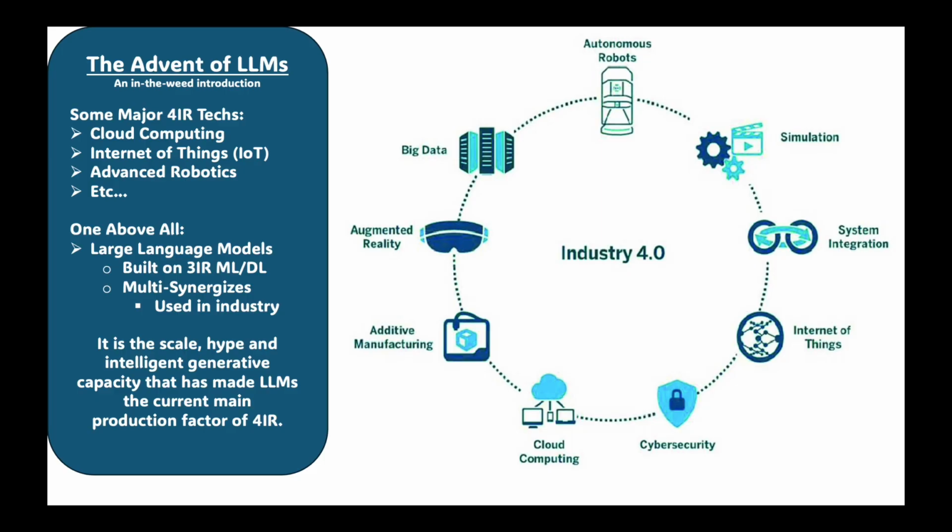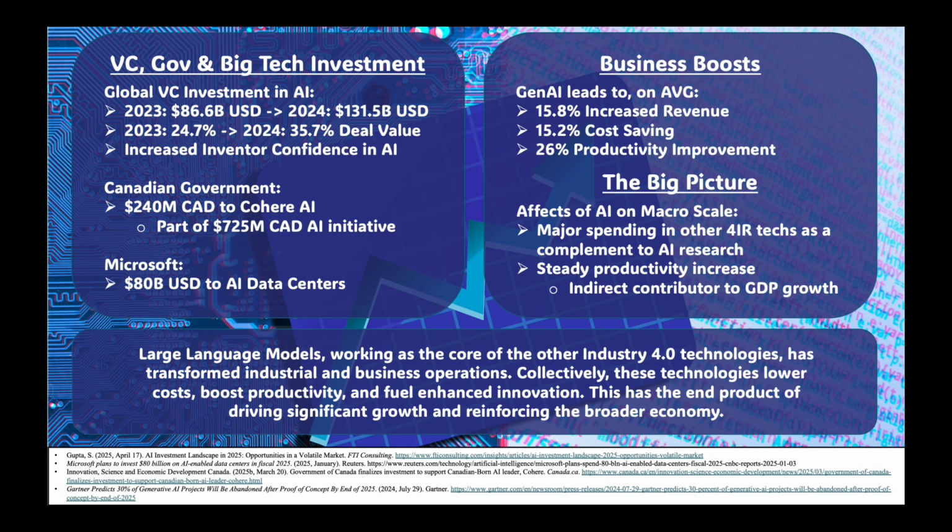For example, cloud computing provides the infrastructure for AI, IoT supplies the data to feed AI models, and robotics uses AI to operate intelligently. Essentially, it's the scale and generative capacity of LLMs that have made them the pinnacle of Industry 4.0. Now that we're out of the technical weeds, let's look at how LLMs have impacted the world economic